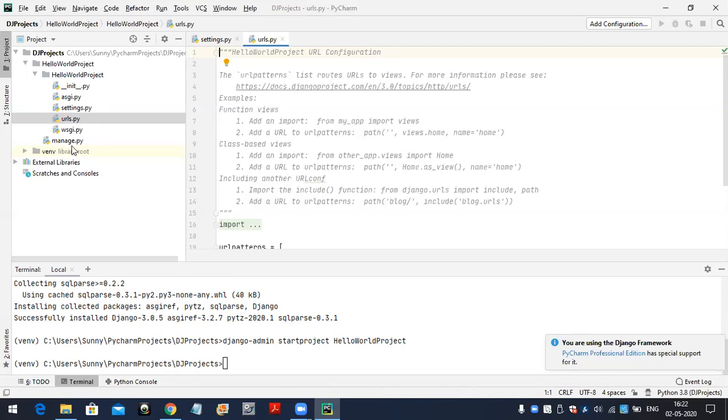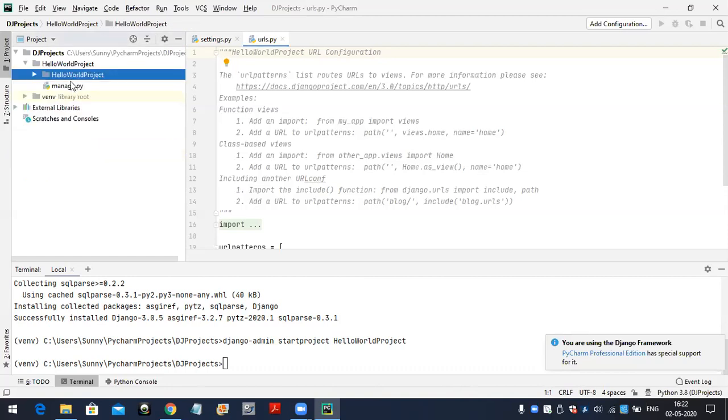And next one, a very important file, manage.py file, and we are getting it outside of the subfolder. What is the purpose of the manage.py file? From now onwards, after creating the project, if you want to do any activity, this manage.py file is compulsory. Suppose you want to start the server, without manage.py we can't start the server.